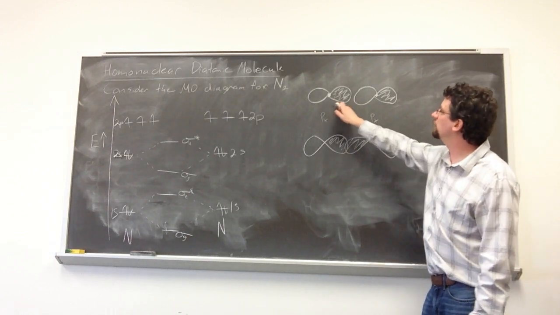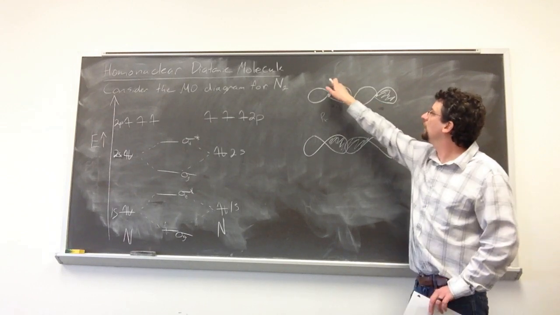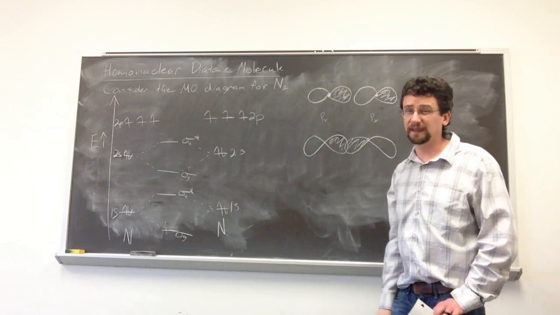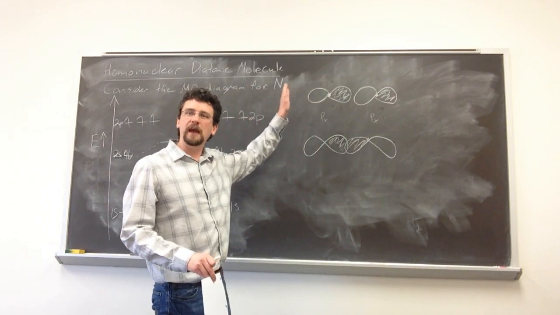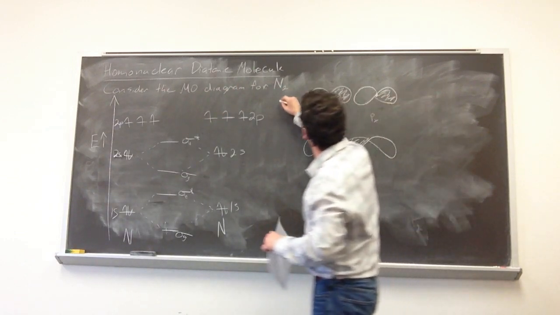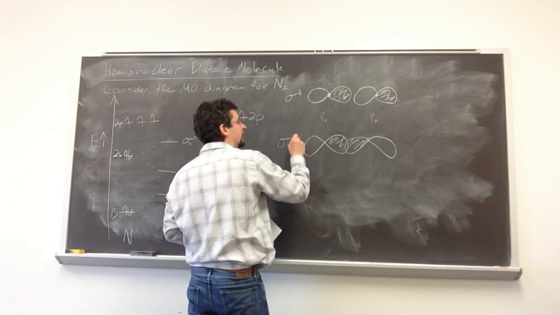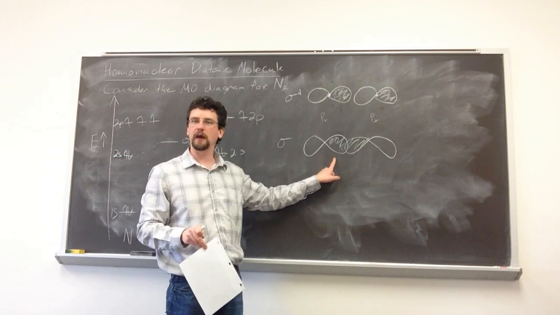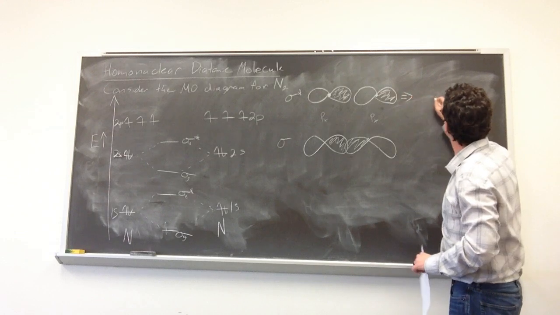Even though, if we were to consider the wave function or the molecular orbital, there would be no sign change between these two basis functions, and they'd actually be in phase with one another, if you look at the overlap we have here, it is destructive. These two overlap and it's destructive interference. This is actually an anti-bonding sigma, a sigma star, whereas this one is a sigma. There's overlap just in one region. These two functions have the same sign, so there's going to be constructive overlap. If we allow the orbitals to mix with one another,